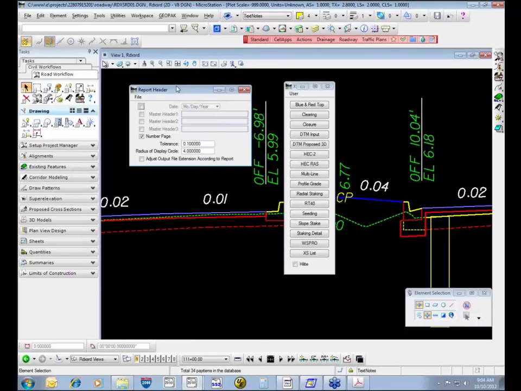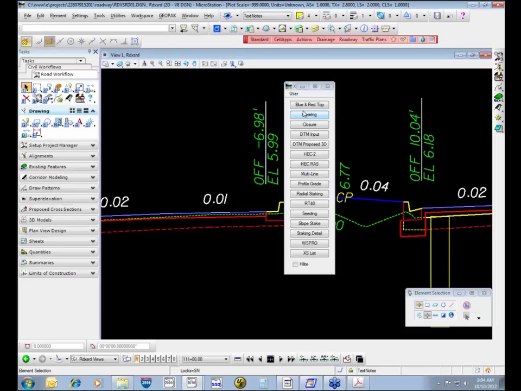Some of these reports are in a text format, and if you want to put extra information into the headers, project information or names, the date, any of this type of information, you can put this in here, and you can number the pages, but that's just extra information that will be used with any of the reports that's in here. Alright,